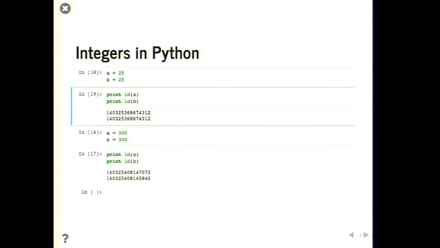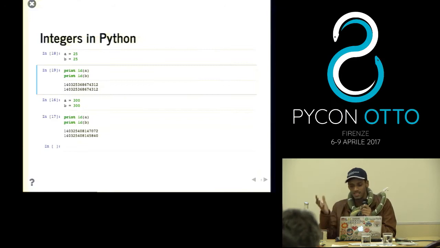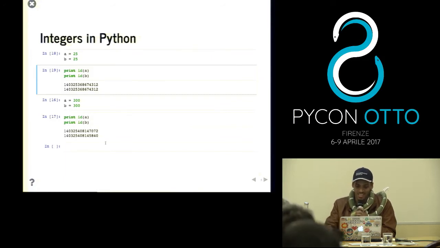Okay, so I'll discuss. Basically, in Python, the current implementation is that if you have a value from -5 to 256, everything is going to be referenced to the same object. But if you have something beyond that range, before -5 and after 256, it's going to be different. That's just how Python is implemented, so you can't do anything about it. And if you don't know about it, you can't actually guess how this thing is working.